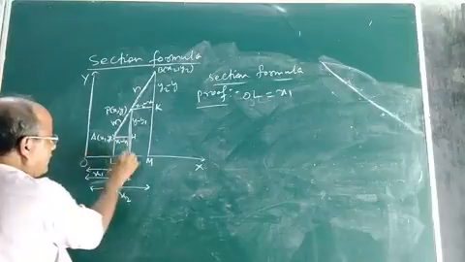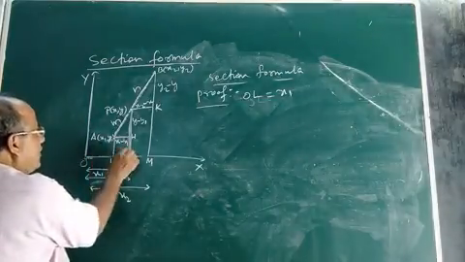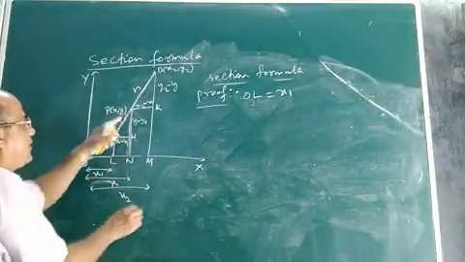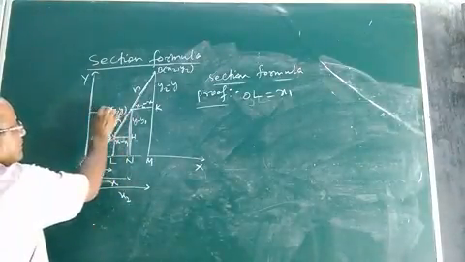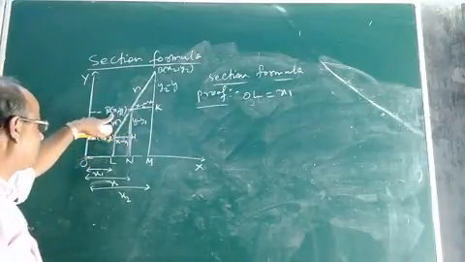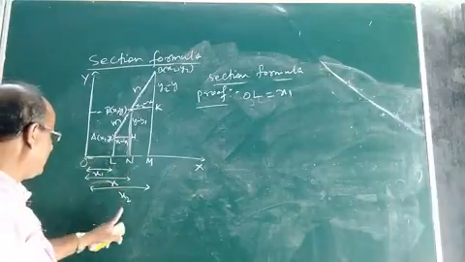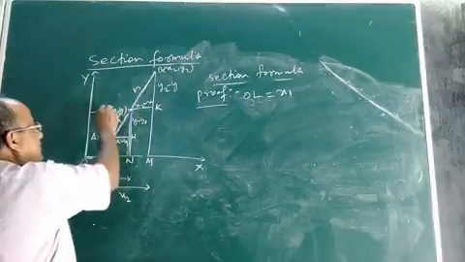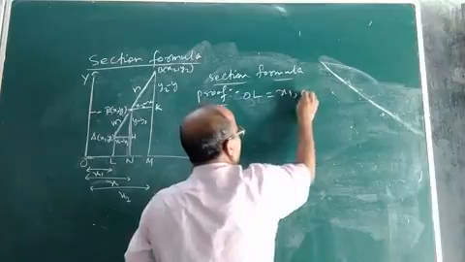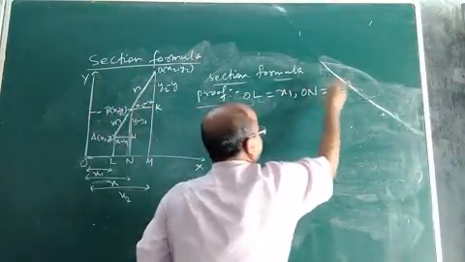Now what will be the length of ON? What will be the distance ON? ON means it is the x coordinate of the point P. If you draw a parallel here, this is point P. What is the x coordinate of P? It is x. So no doubt ON will be equal to the x coordinate of this point P. So ON will be equal to x.